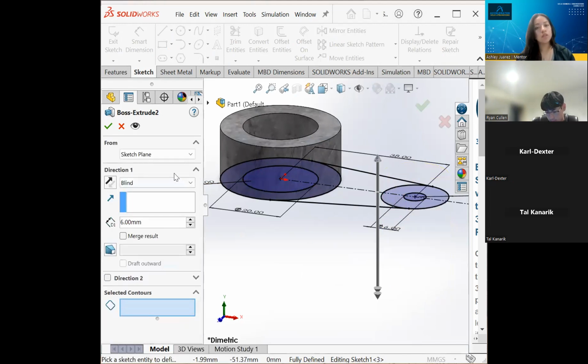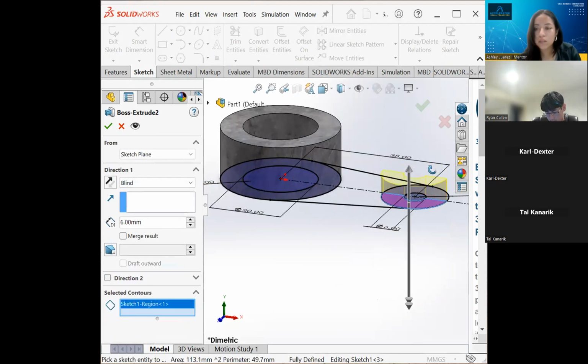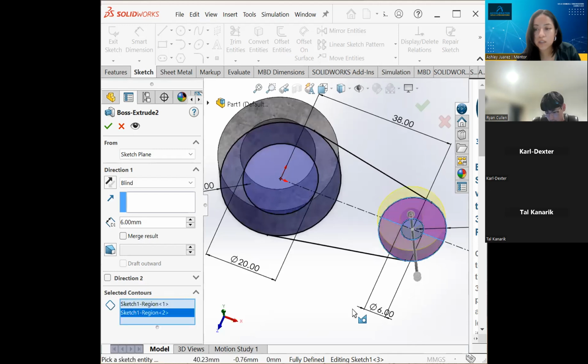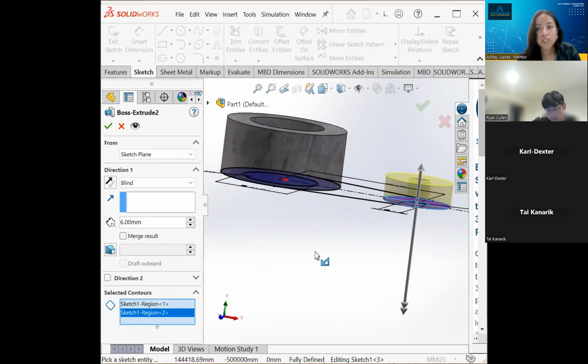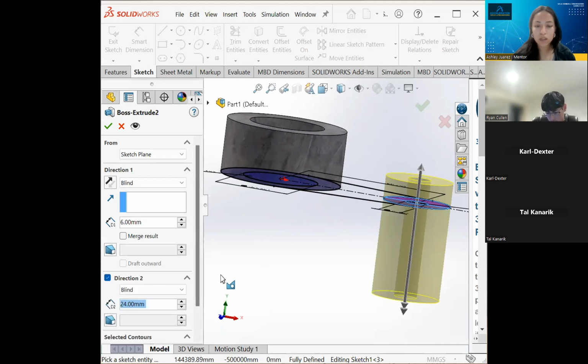So when we first open boss extrude, we're given the option to extrude in one direction, right? So I'm gonna select these entities. And you notice that I'm going 6 millimeters upward. But I wanted to extrude it this way, so I'm going to select direction 2. It's still highlighted, right? That's the reason why I can't,